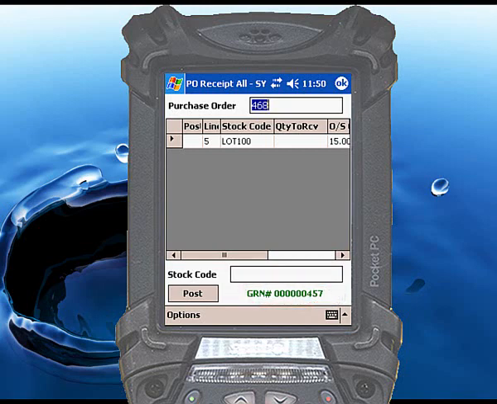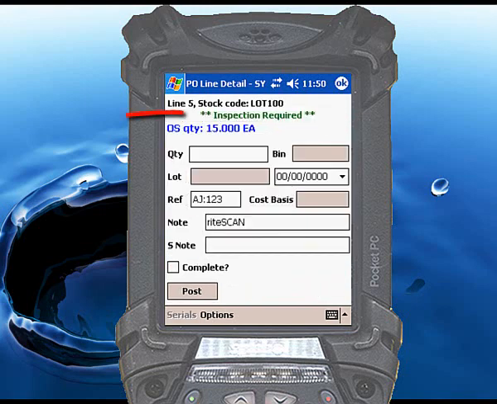If one or more lines on the PO require inspection, you can select the line by touching it or by scanning or entering the stock code for that line. When riteSCAN displays the detail screen, you will notice two differences. First, text indicating that inspection is required for the selected item appears here at the top of the screen, just